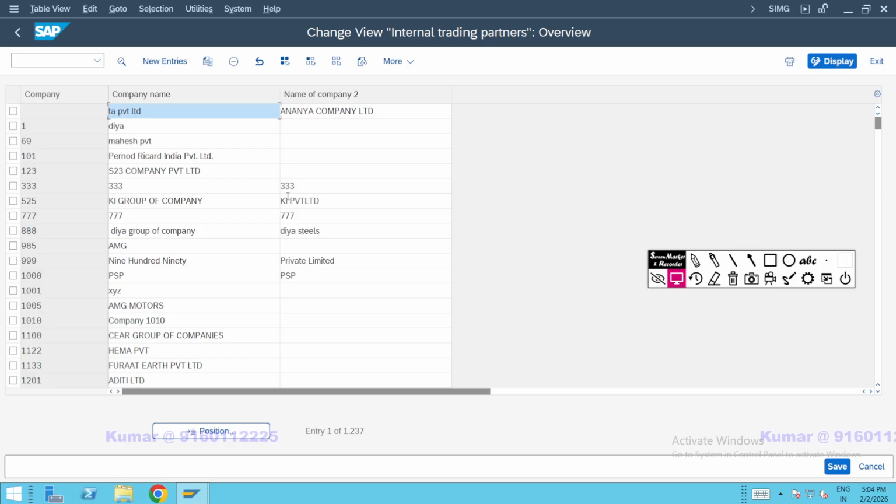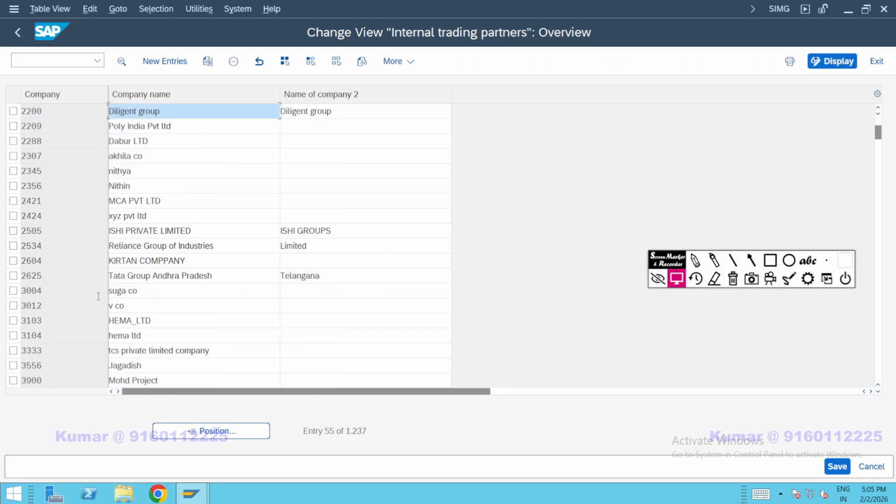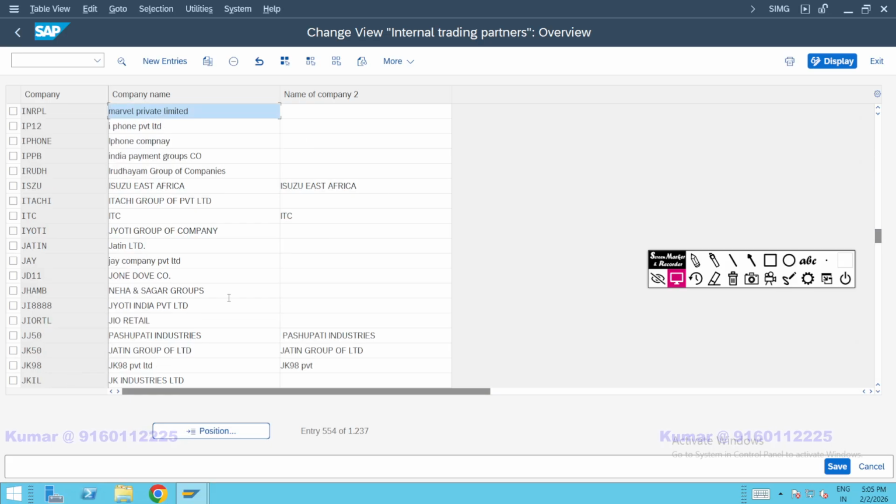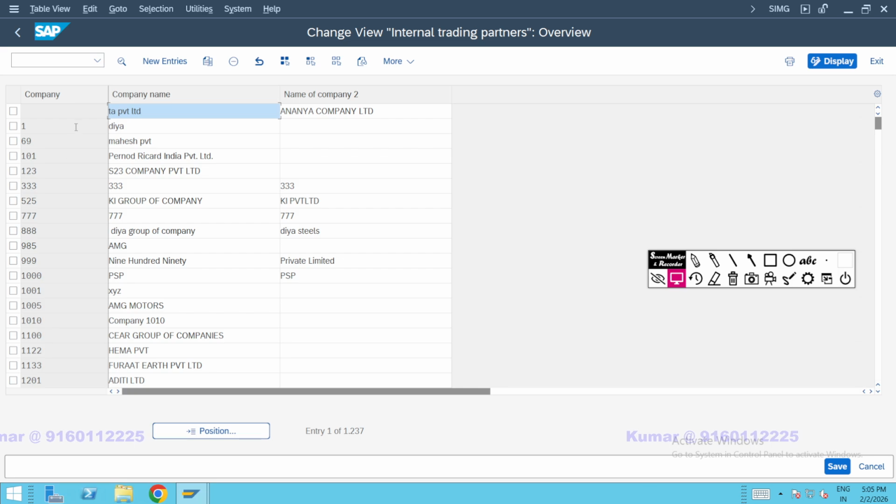and click on new entries. So these are all different companies which have been created by users. This is a practice server. So normally we have this many companies which have been created by different users. So in the same way, we are also going to create one company. Click on new entries,